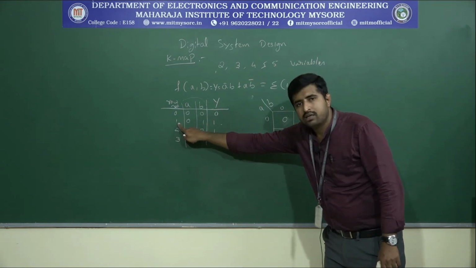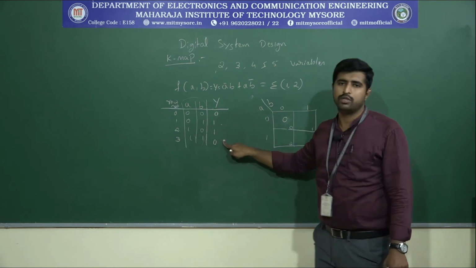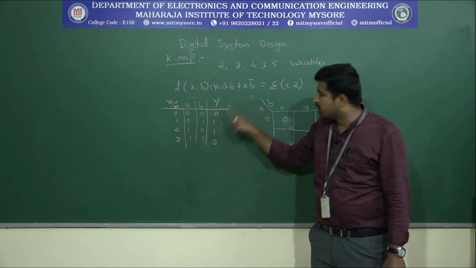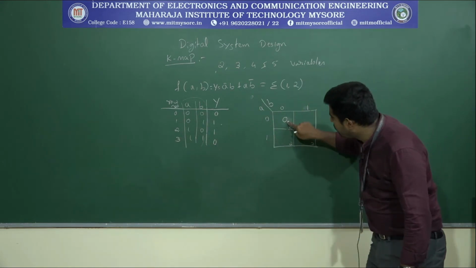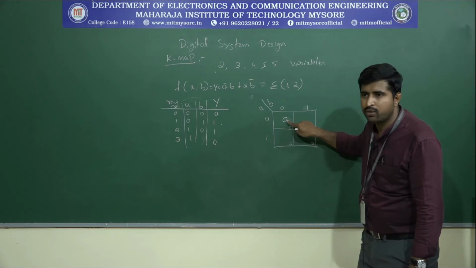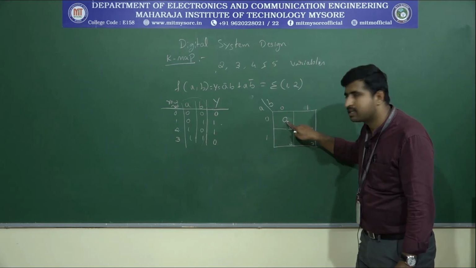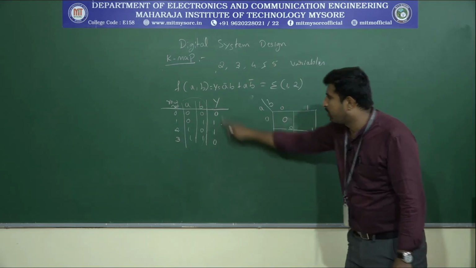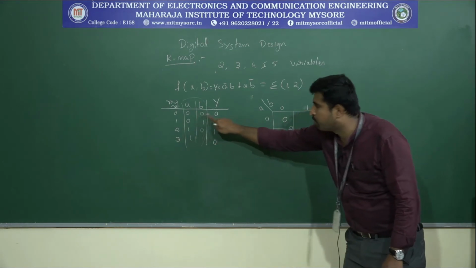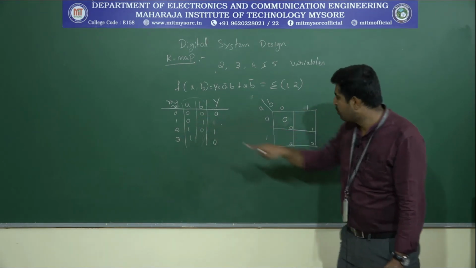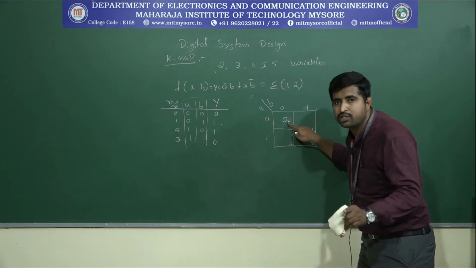So only when row number 1 and 2 we write 1 1, the remaining will be 0 0 according to this equation, right? That means the same thing will be written in the K map also. The cell value, so keep in mind, this is the cell number, and this is the cell value. The cell value of this will be equal to 0, because for the 0 0 input, the output generated is 0. So that means when the inputs A and B are 0 0, the output will be 0.